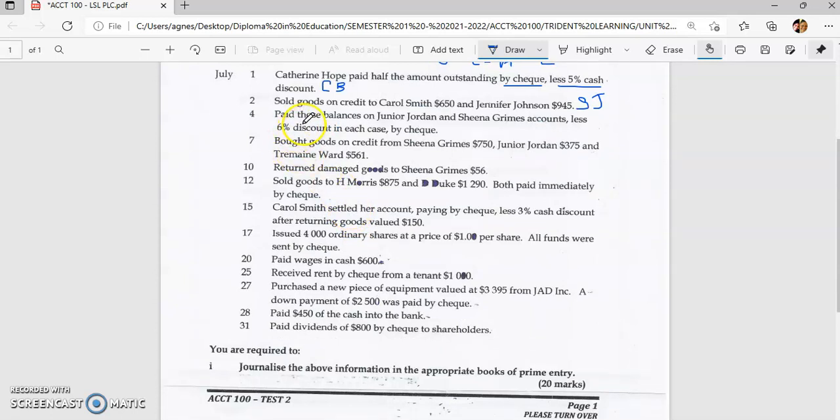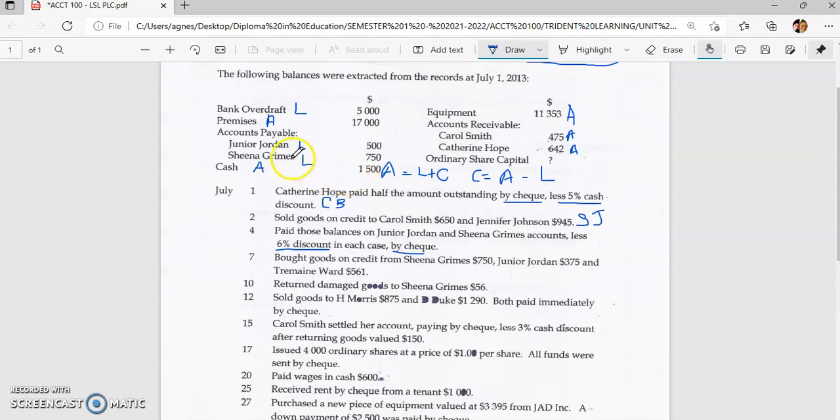On the 4th, paid for those balances on Junior Jordan and Sheena Grimes accounts, less a 6% discount in each case by check. So LSL Plc is paying their creditors, who are Junior Jordan and Sheena Grimes. These are the creditors. They are paying them. So therefore, this payment to the creditors is a cash related transaction, and it will be recorded in the cash